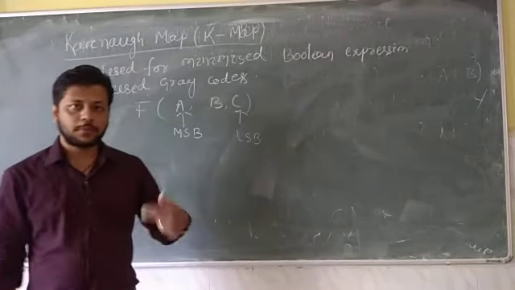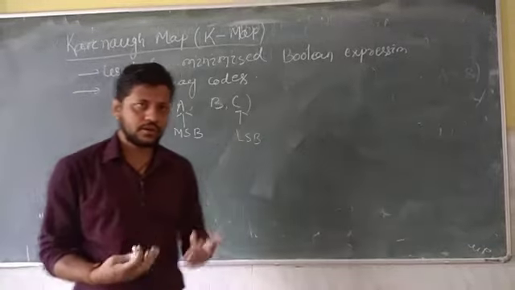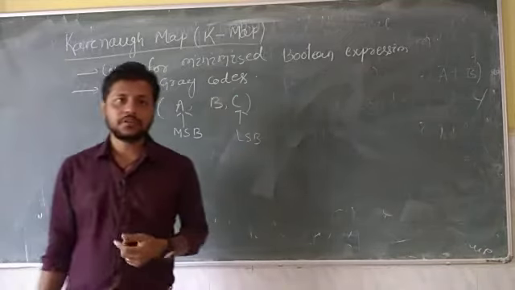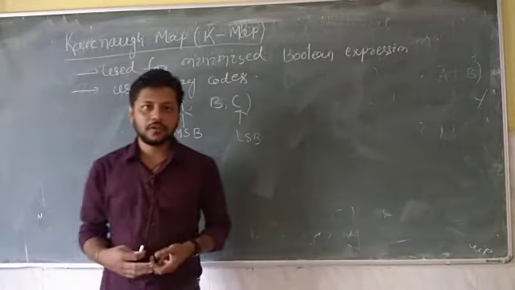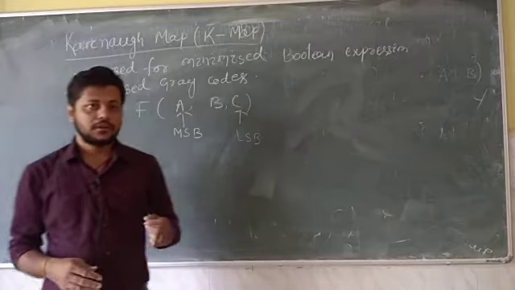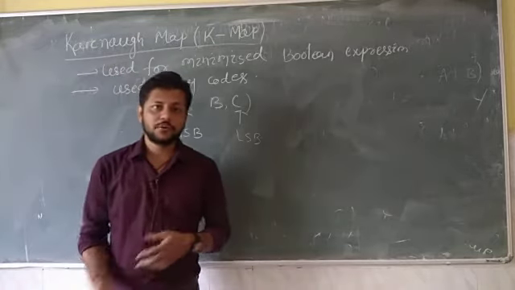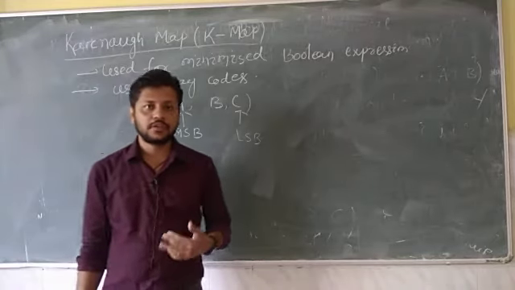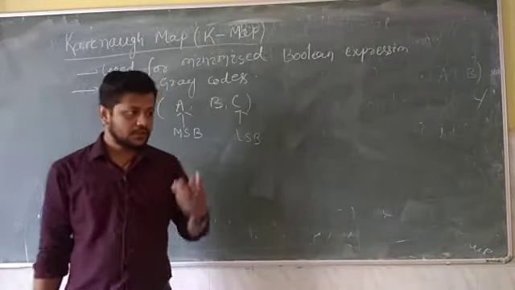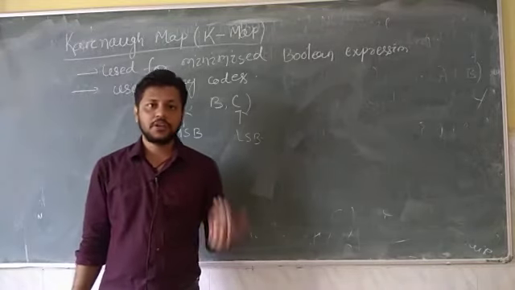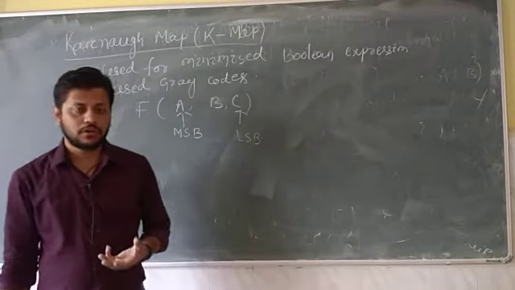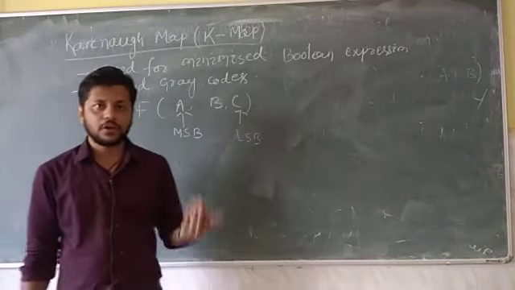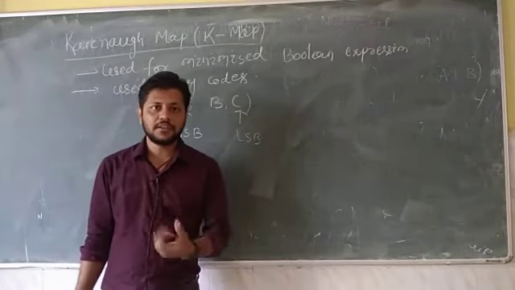And what is the purpose of studying this Karnaugh map? This is used to minimize Boolean expressions. So you can ask me, sir, you have already taught us how to minimize Boolean expressions, but if you remember, I have already explained that up to 3 variables it can be easily solved by using Boolean laws, that is your distributive law or your consensus theorem, your transposition theorem. These are the theorems or laws we are using for minimizing Boolean expressions.